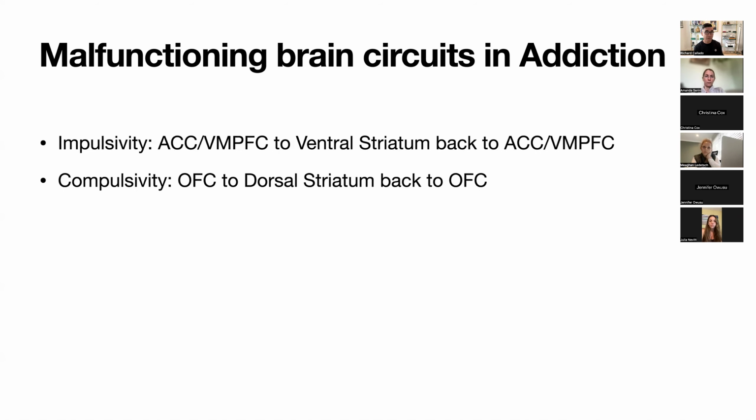Malfunctioning brain circuits and addiction, all right? So if someone has an impulsive behavior, what's the difference between an impulse and a compulsion? You guys know? What is the difference between an impulsive behavior and a compulsive behavior? What do you think? Impulsive, you're not thinking about it, it's automatic. Well, you're both not thinking about it, actually. Hmm. So what's it? Impulsive is more like you can't control yourself from doing something in the moment, whereas compulsive is more of a repetitive behavior that you do to prevent something negative.